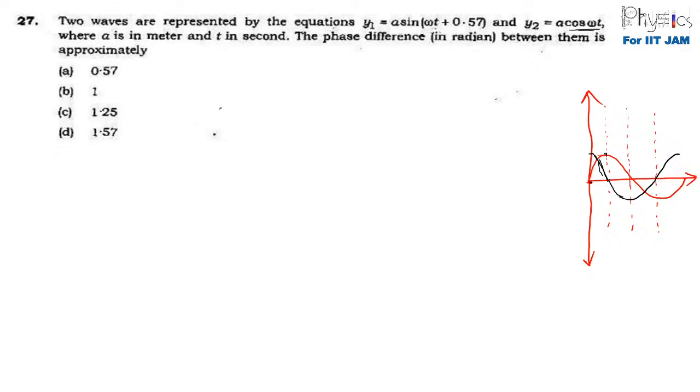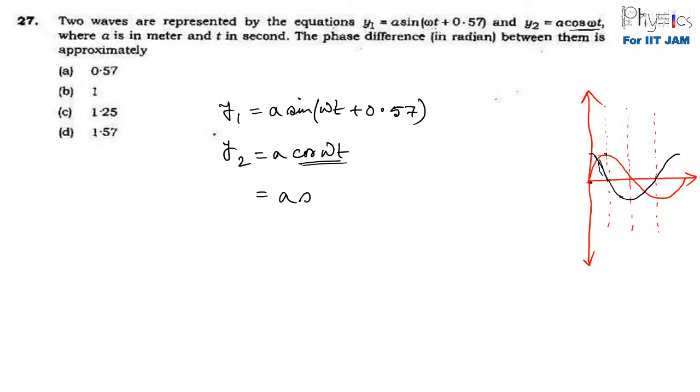So we have y1 equal a sine omega t plus 0.57 and y2 equal a cos omega t, right? So first let us convert this cos into sine, that is a sine